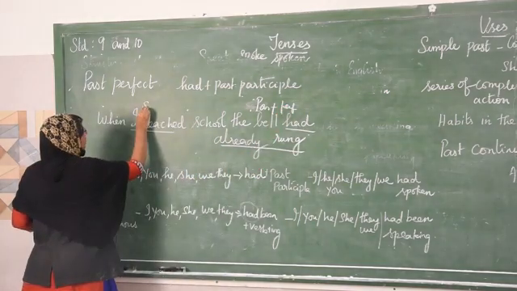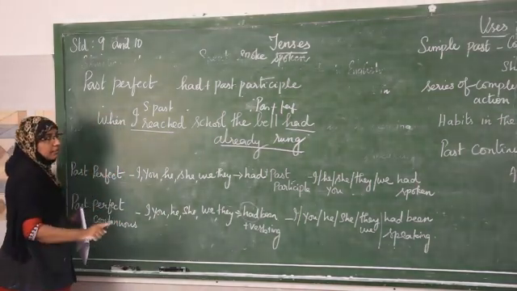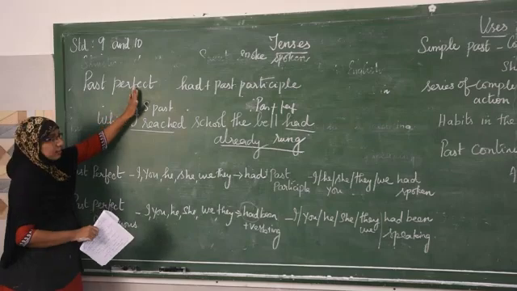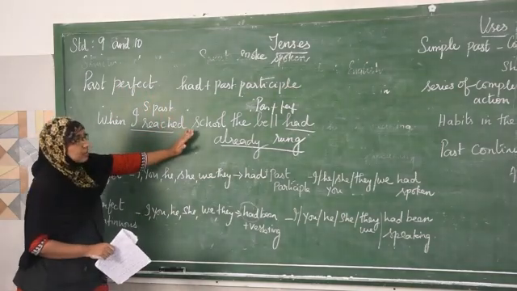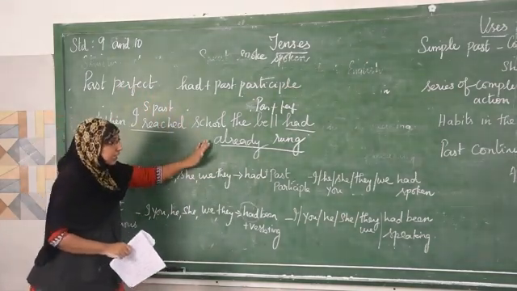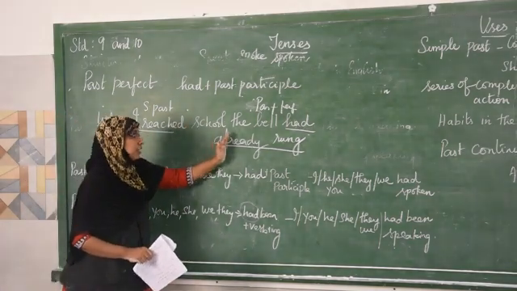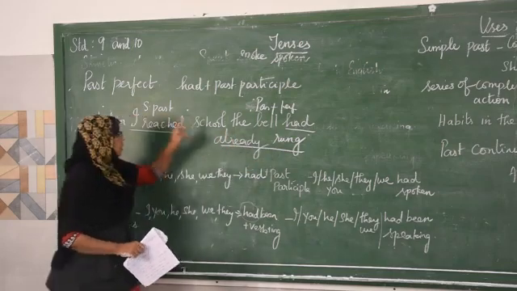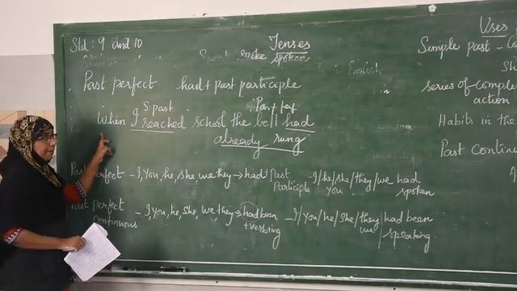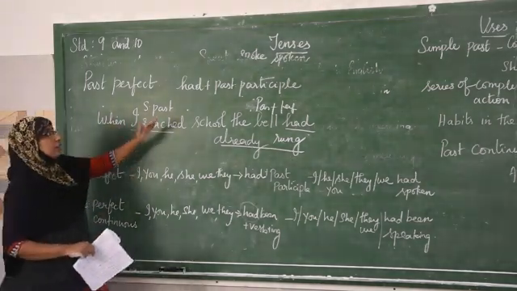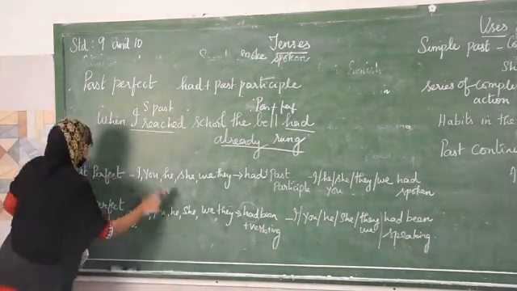Here, simple past. Both the actions are taking place in the past. Now, you have to use this past perfect tense for the action which had been completed earlier before another action took place in the past. So, which action is taking place here earlier? Had already rung. What is the second action here? Reach. But both are taking place when? In the past. So, in one clause you are using past perfect tense, in another clause you are using simple past tense. One more example I will give you.